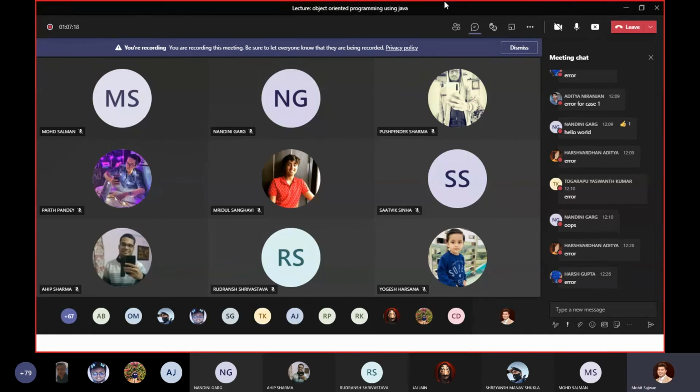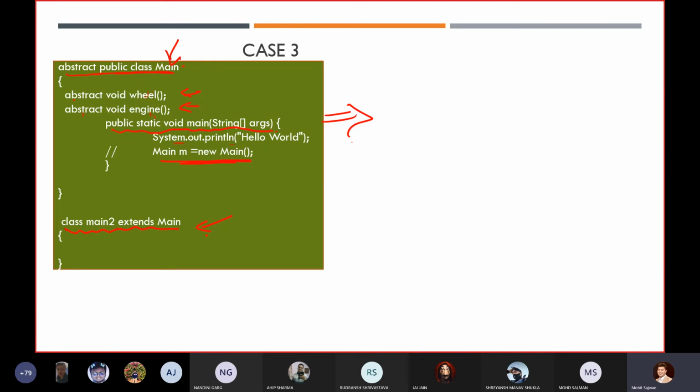So I got 2 answers, that is error and error. Great, all of you are giving me the correct answer. I'm telling you there are 2 errors here. The first error, as you already know, is that you cannot create an object of this particular class. And the second one,